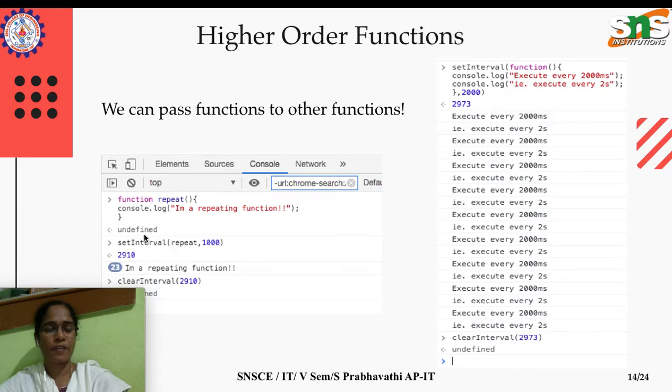While executing, it will give one number, and you need to specify that number to stop its execution, otherwise it keeps on executing indefinitely, because we have mentioned to keep on repeating this execution every second. We didn't mention a stop condition, so we need to stop it using another function called clearInterval.